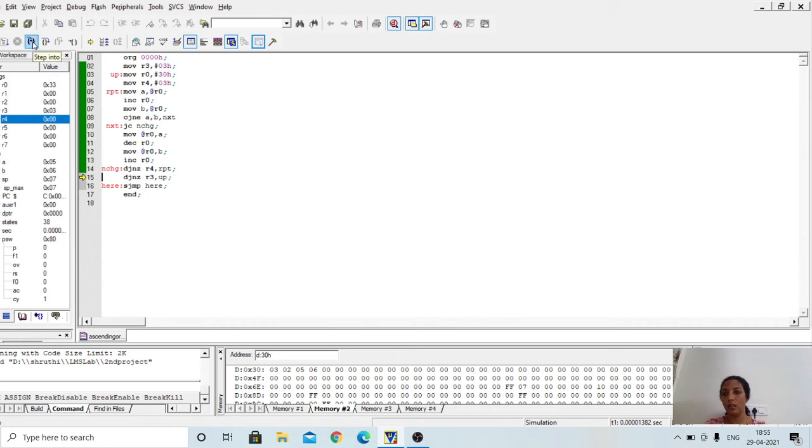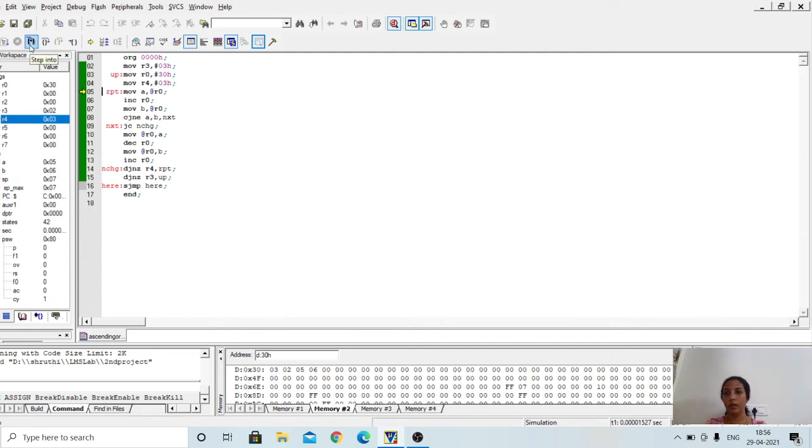If it is not 0, it will start comparing the elements from the beginning again. So R0 is again loaded with 30H. R4 is again loaded with 3, because you have to do 3 comparisons for the consecutive elements starting from the beginning.